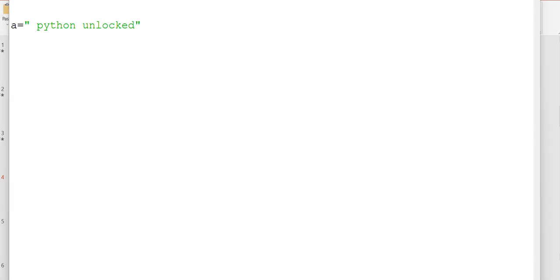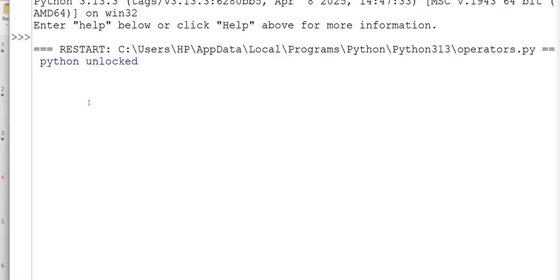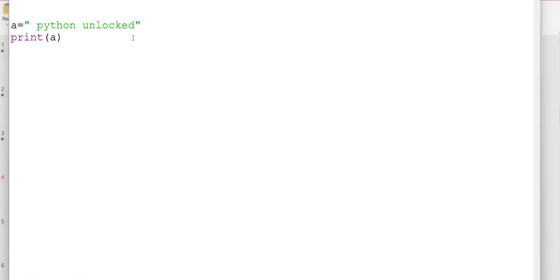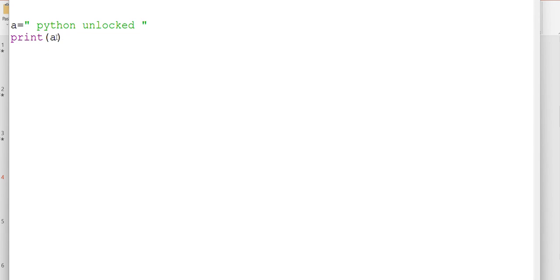If I print this as it is on my screen, you can see I'm getting a space at the beginning of the string and a space at the end of the string. If I don't want to print a space at the beginning of my string, which method will I use? I'll be using lstrip.